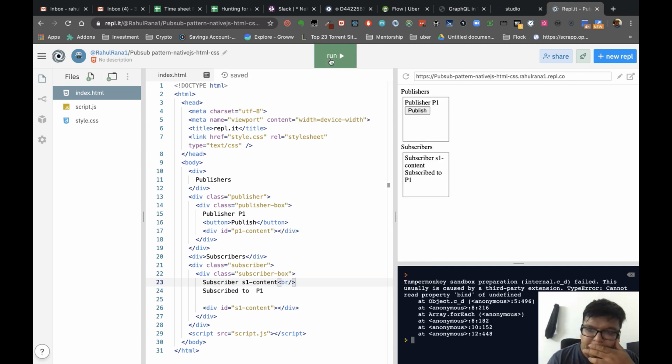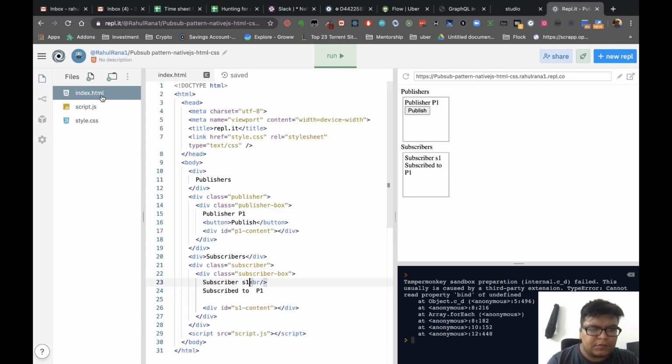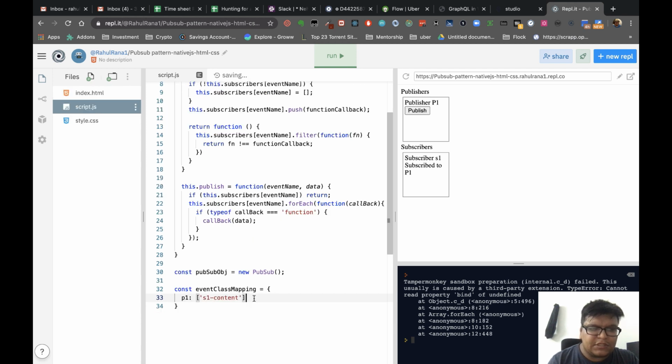So if you see in the UI, subscriber, this one, yeah, subscribes to p1. Now publish p1, right? So this is a simple mapping, right?